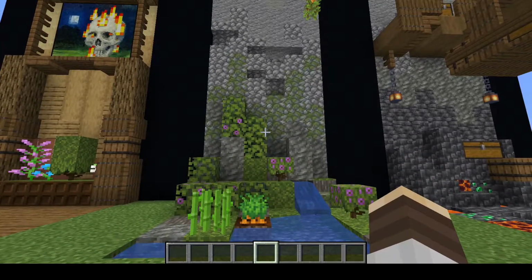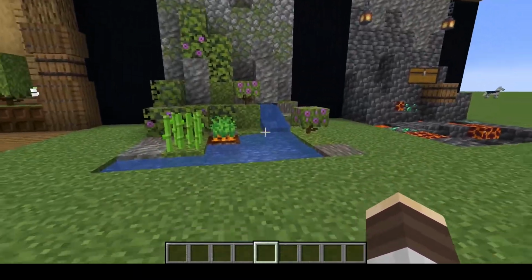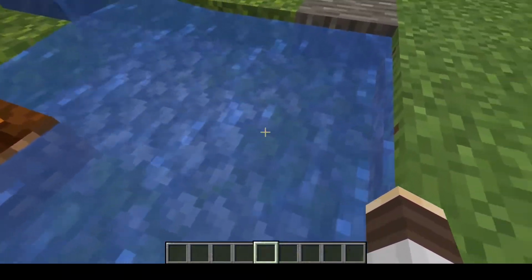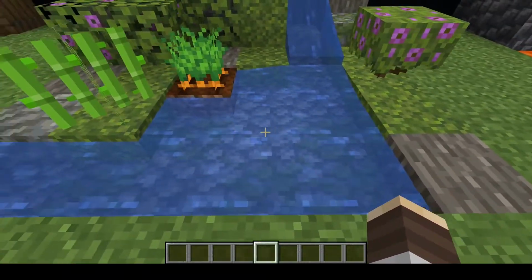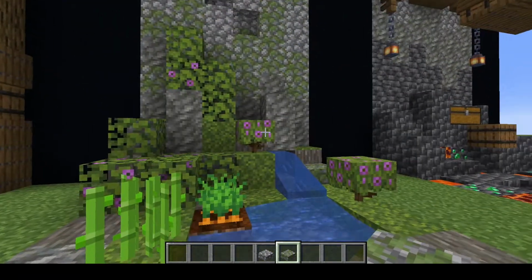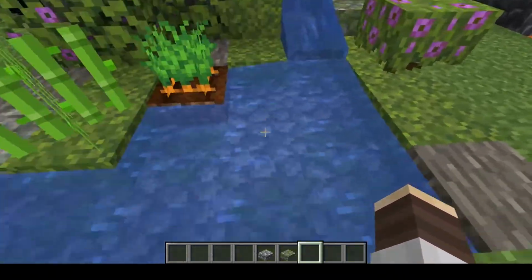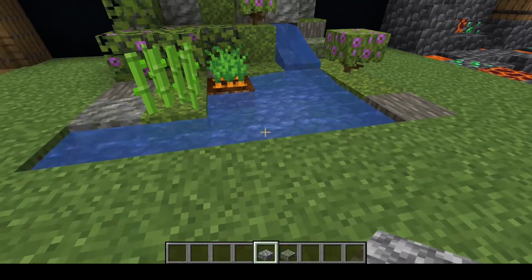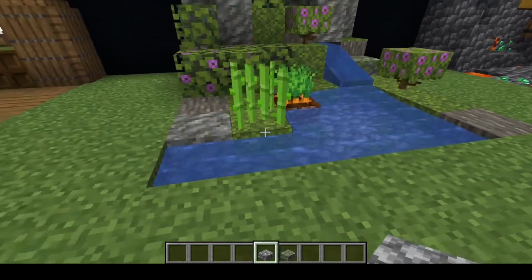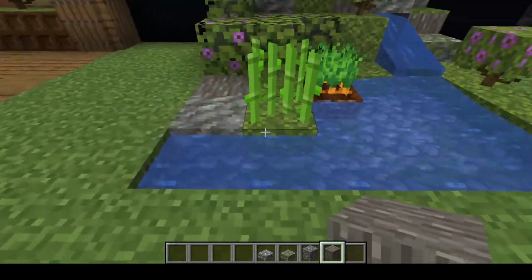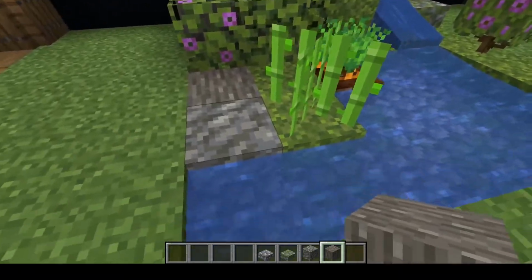This second wall is like a stone wall, and there's a lot going on here. On the ground level, there's some depth right here with a little shallow pond thing with some cobblestone and mossy cobblestone slabs, because it's like underwater and it gives it a feel of erosion with these cobbled blocks. The texture is very sedimentary, and you've got these tuff blocks and acacia wood, which also look relatively sedimentary at the edge of this,